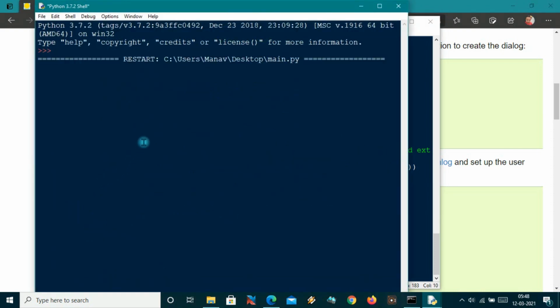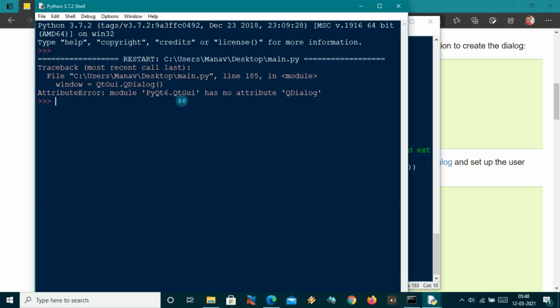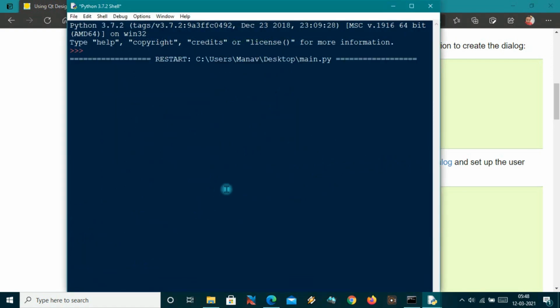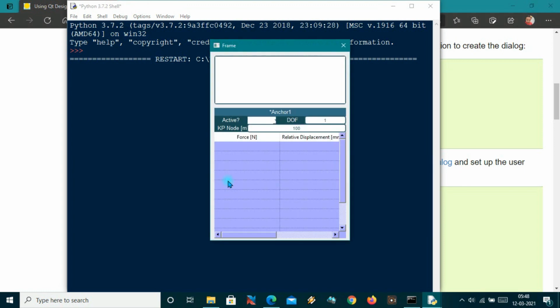Sorry, QDialog is not in QtGui, but in QtWidgets. And guys, here is my frame, and it is working fine. Okay, here is the application.